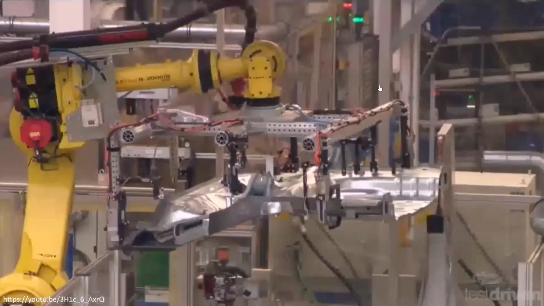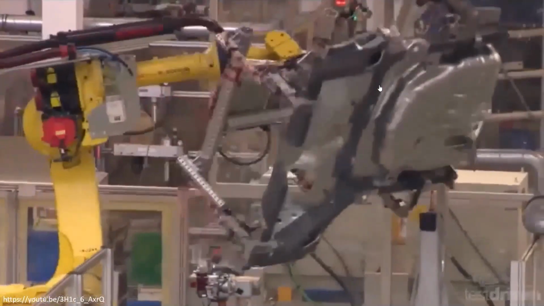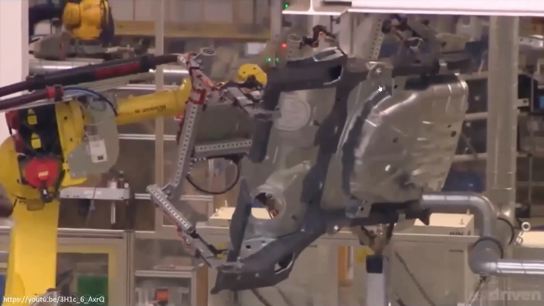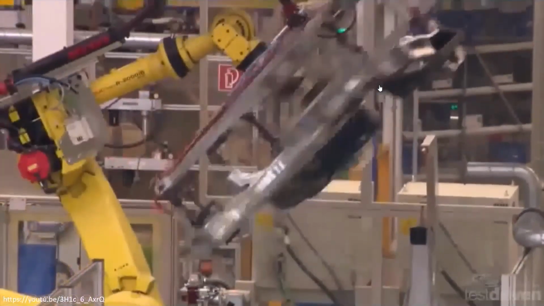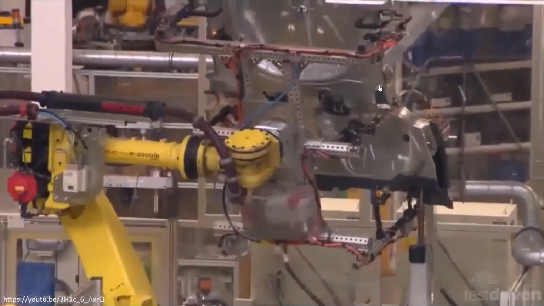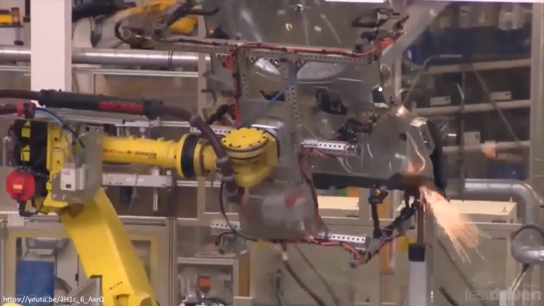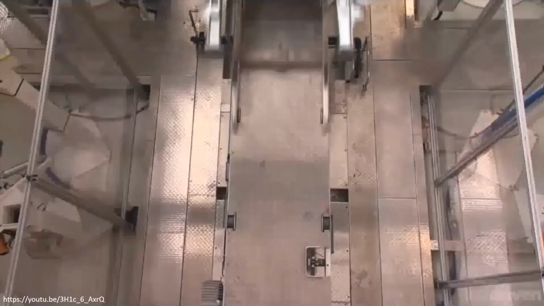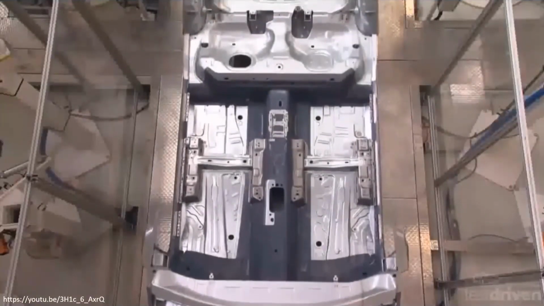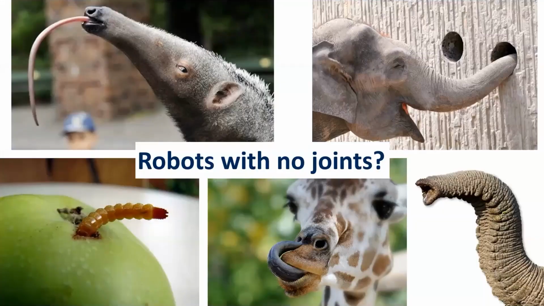So here we can, for example, see the automotive industry where the assembly of a car is automated. The resulting structure of these robots is very efficient for this type of application, but they are rather stiff and rigid, and the structure can also be quite bulky because of all the joints within. So one of the questions you could ask yourself is, can we come up with a different approach to design robots and a different structure that might enable completely new application areas that rigid link robots cannot fulfill? So one idea is to not look at us humans and develop robots that look like our